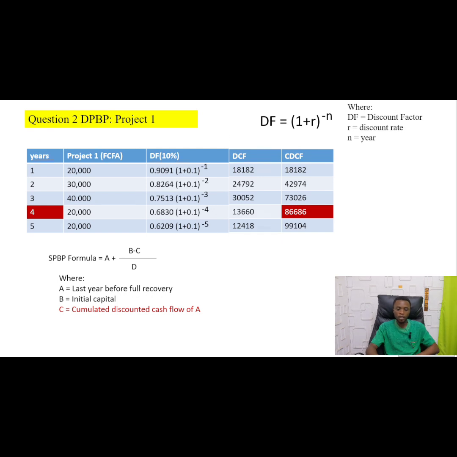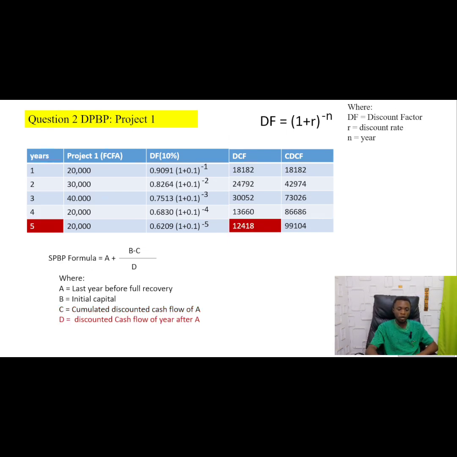Our C is the accumulated discounted cash flow. You can see the accumulated discounted cash flow is 86,684, which is for year 4. Our D is the discounted cash flow of the year after A. Remember, A was the year before full recovery, so A was 4, and the year after A will be 5. So the discounted cash flow for the year after A will be